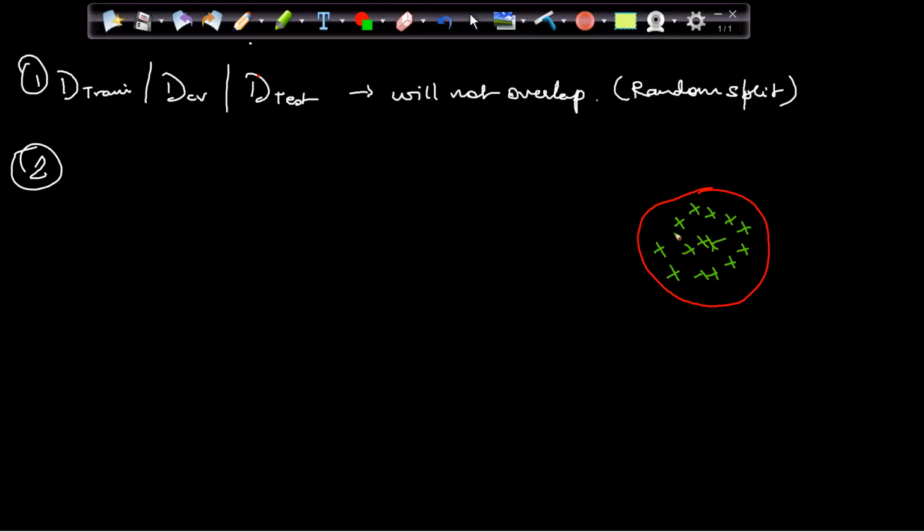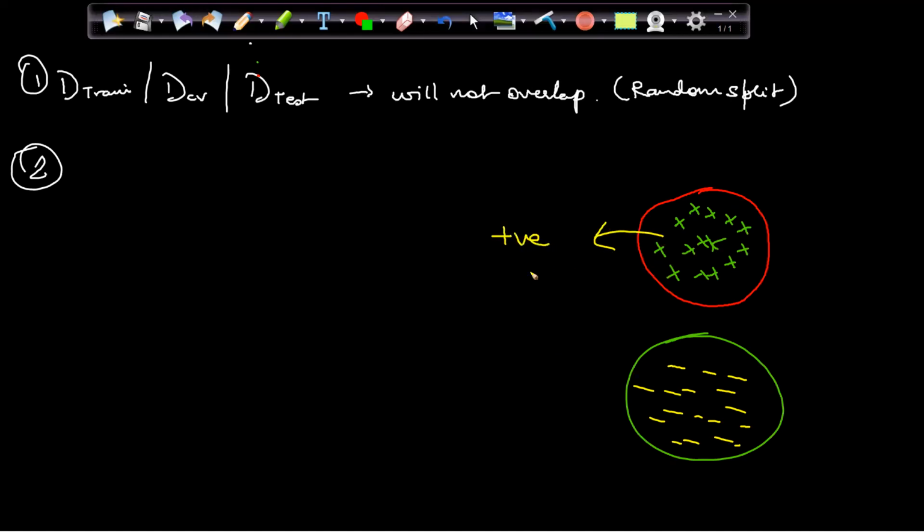If there are many positive points in that section, or if there are many negative points in that section, for the D train, then there is a high chance that we will find more positive points from CV and test also, which logically makes sense.